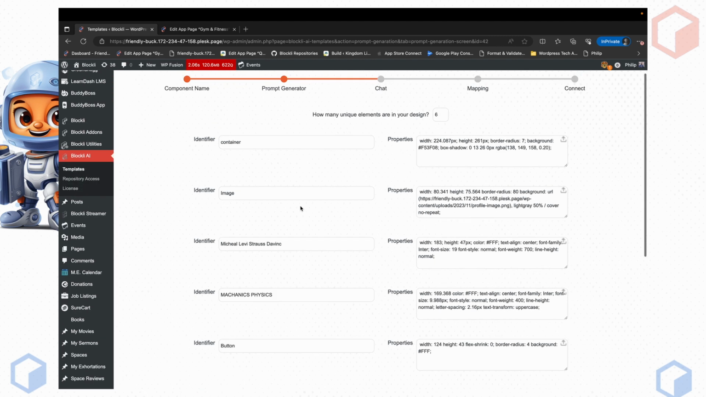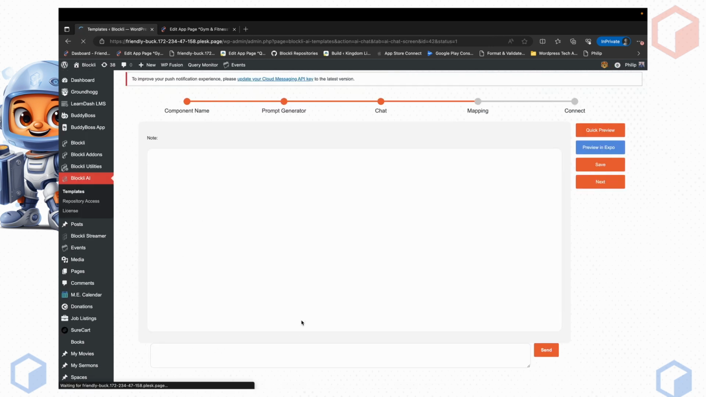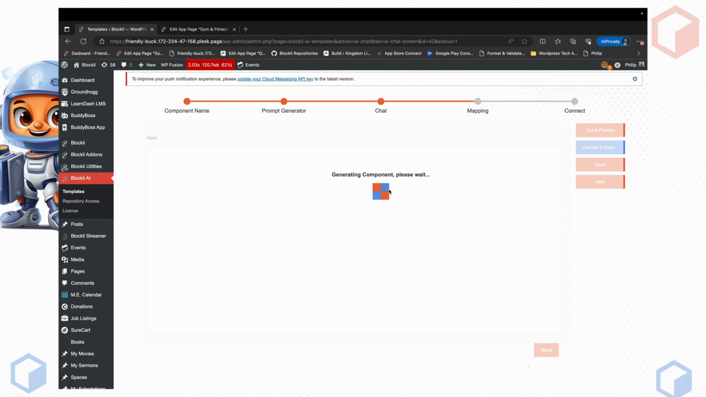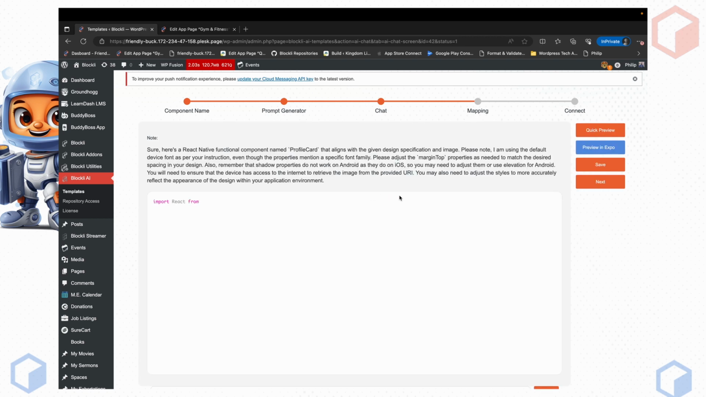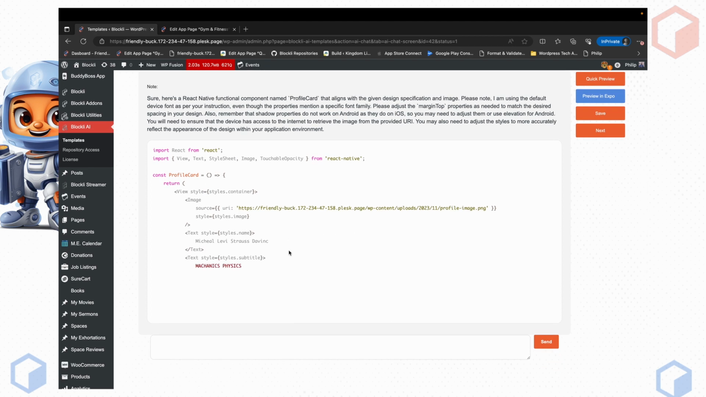Now, once you're done setting all of that in, all you have to do is come here and click Convert Design to Code. And so we're going to wait for that. So you can see here it is generating the component. And here you go. So we have our design. So you can see here, the OpenAI has been able to